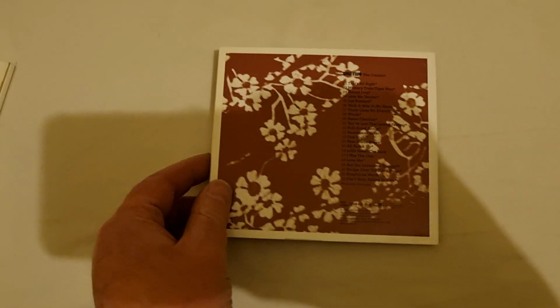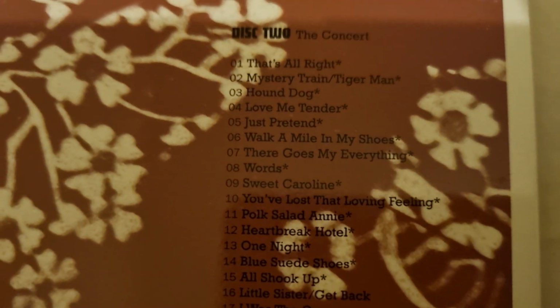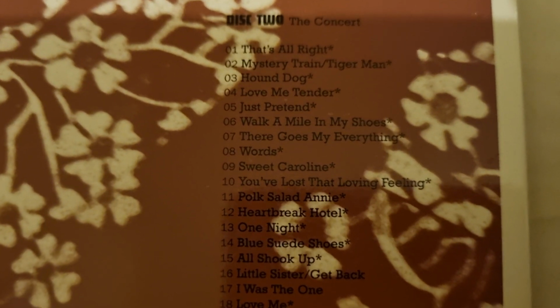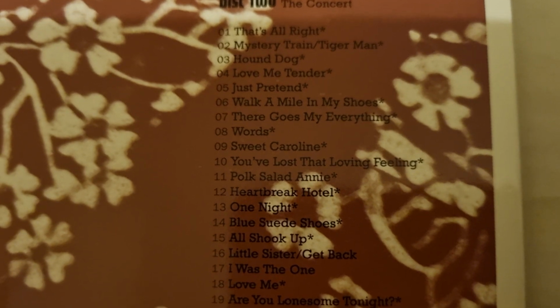Track listing is as follows. Oh, I need to get really close in on this. This is the concert: That's Alright, Mystery Train, Tiger Man, Hound Dog, Love Me Tender, Just Pretend, Walk a Mile,